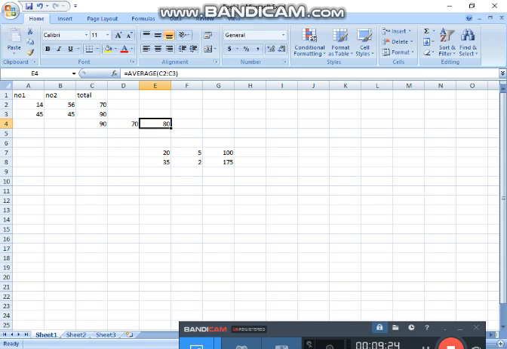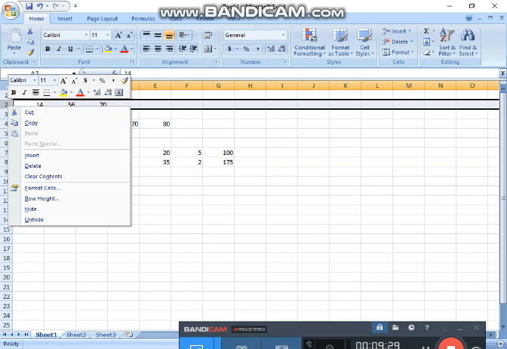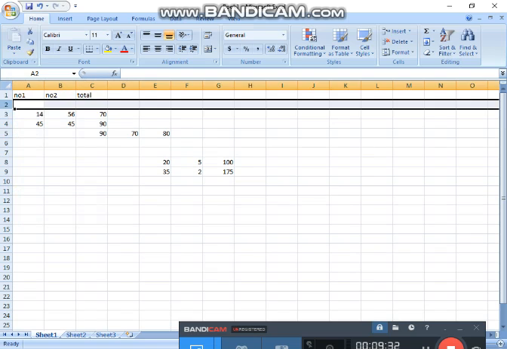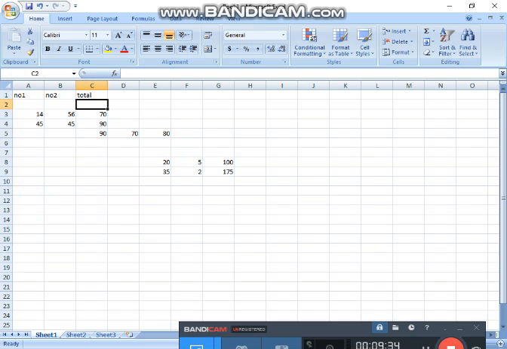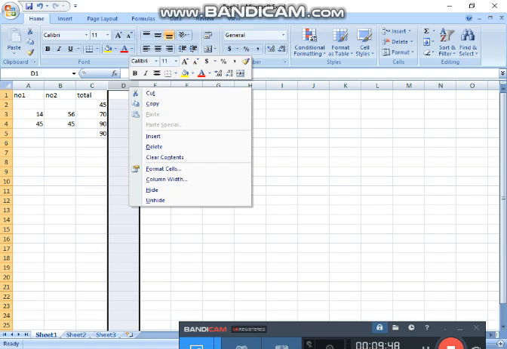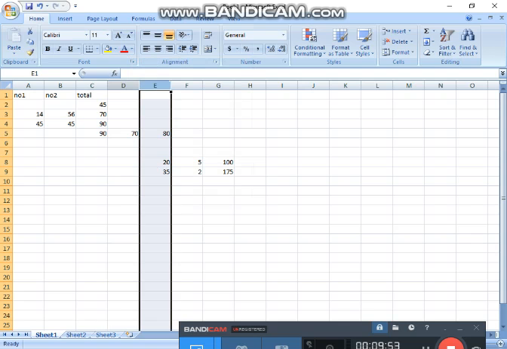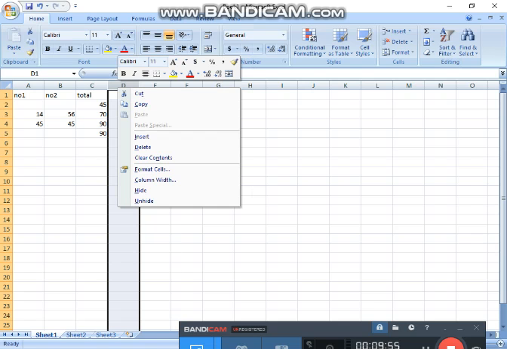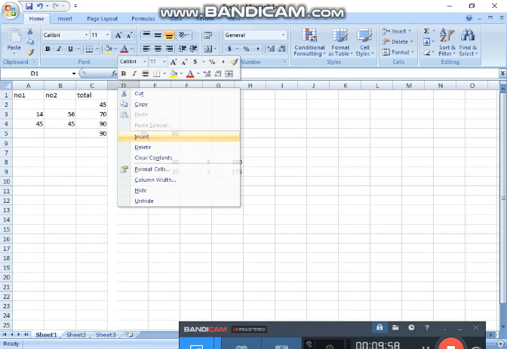Okay, suppose I want to enter more rows and columns here, we just go there and click on the insert button, so it will insert them. Okay, and we can again put the numbers. So like that we can enter rows and columns. Suppose here I want to enter a new column, so click on the name of the column anywhere we want to insert, then right click and in the options, click insert.